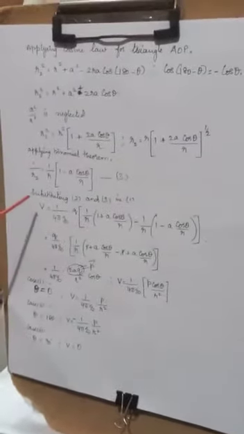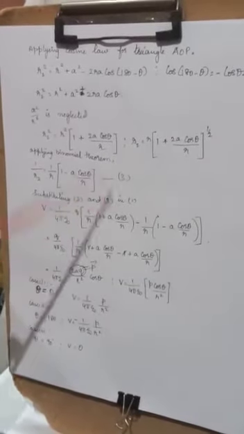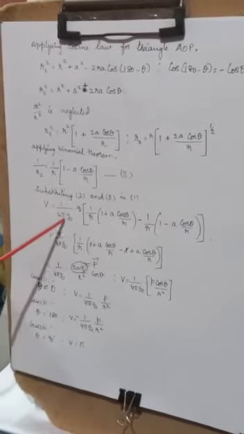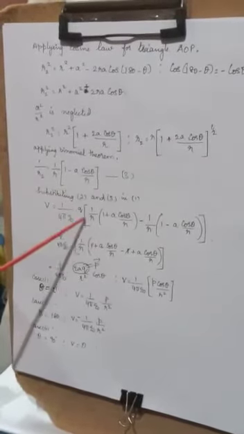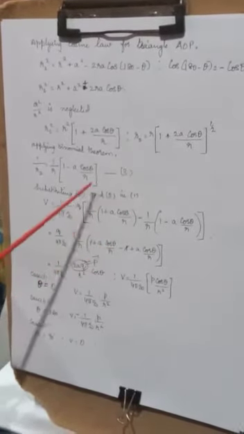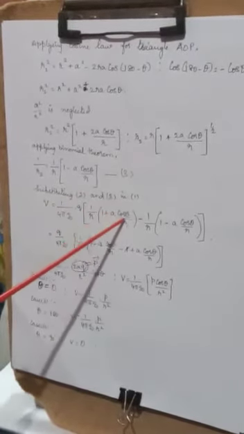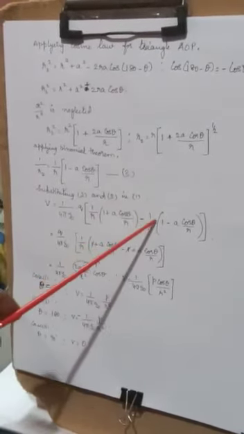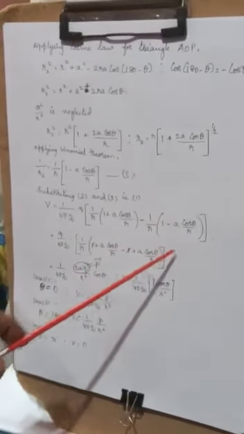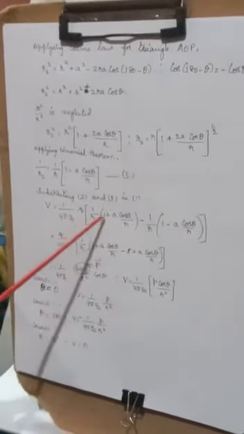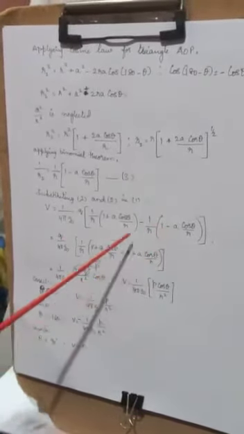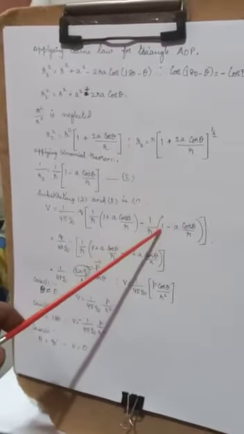Now what should I do? I should substitute the values of this in the first equation. So what it will give me is v is equal to 1 by 4 pi epsilon naught, q is common. Then this is the value of r1, which is 1 by r into 1 plus a cos theta by r, minus this is 1 by r2 value, 1 by r into 1 minus a cos theta by r. Here when you expand this, this will become plus, this will also become plus, and this is minus. So minus 1 and plus 1 will get cancelled.